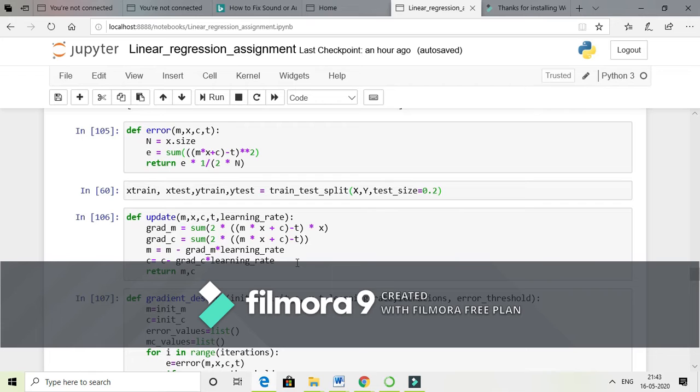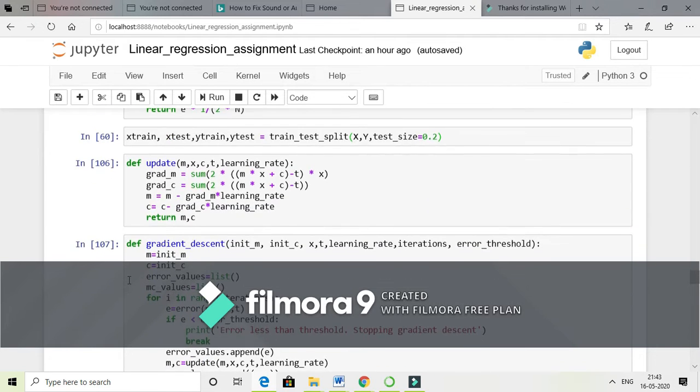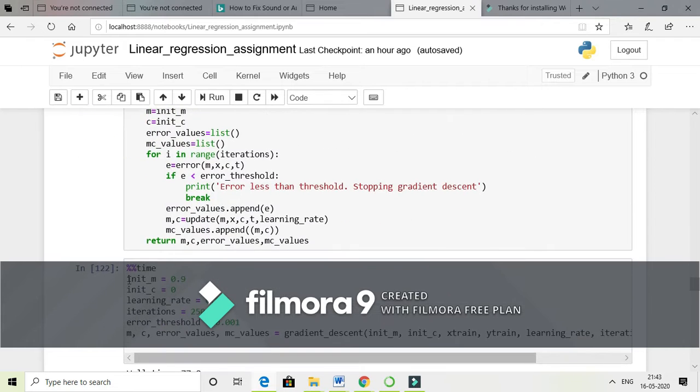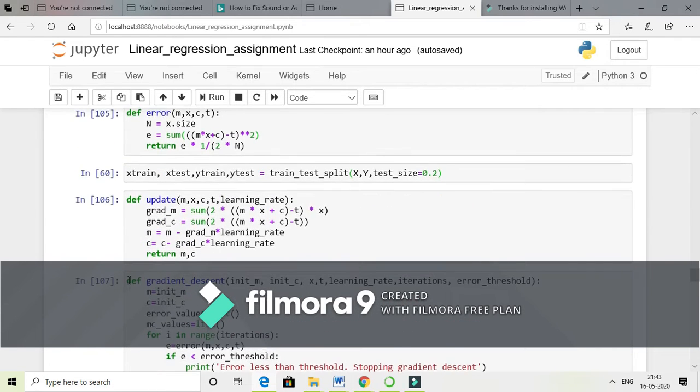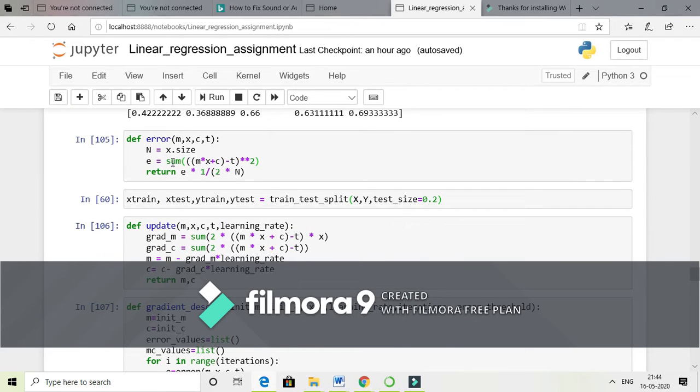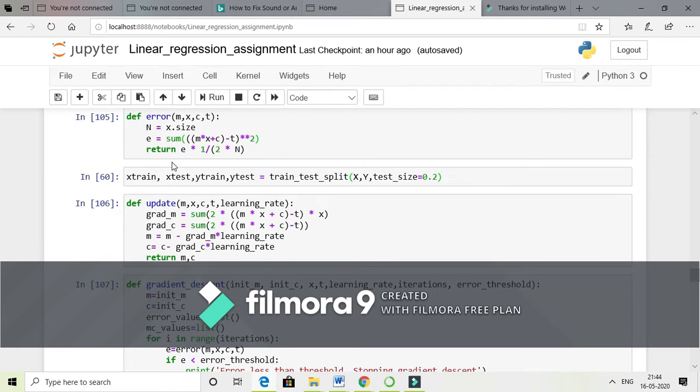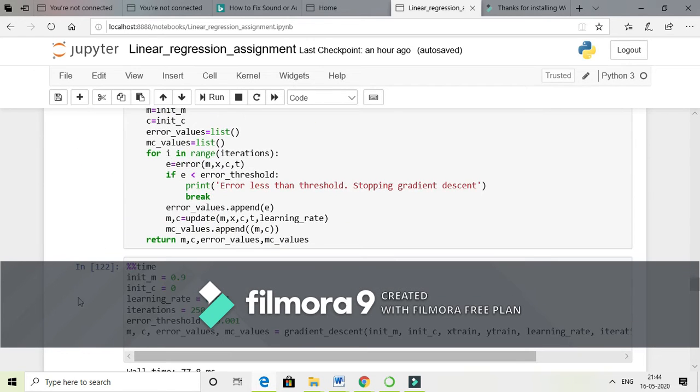Then we have to split the data into training and testing data sets. So 0.2 refers to the fact that 20% of our data is testing data and the other is training data. Now we have very important 3 functions: error, update and gradient descent. So under error, what we use is MSE, that is mean squared error. Now this is actually the main part of the program,